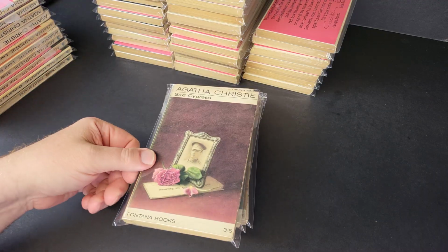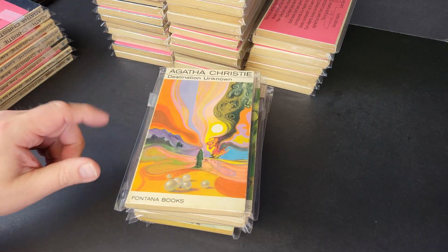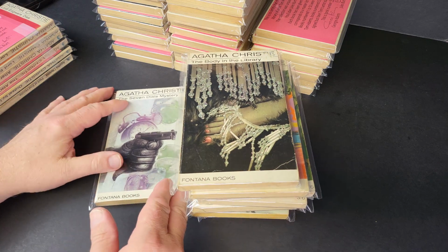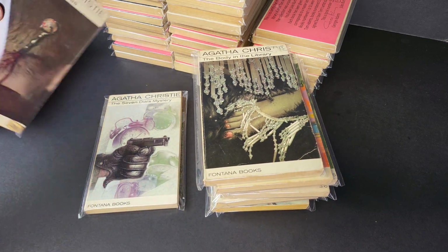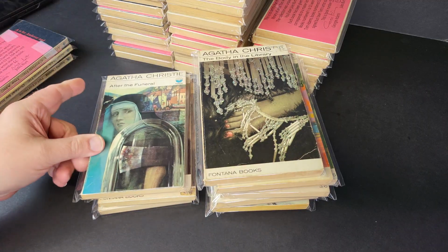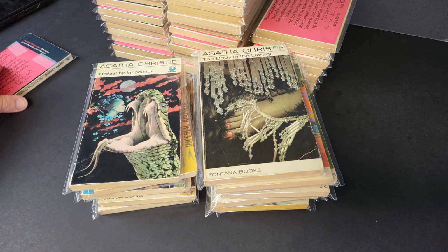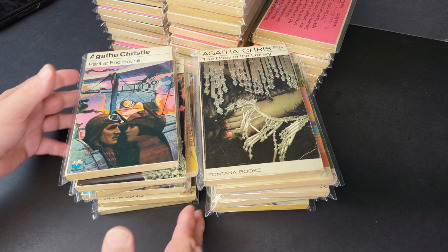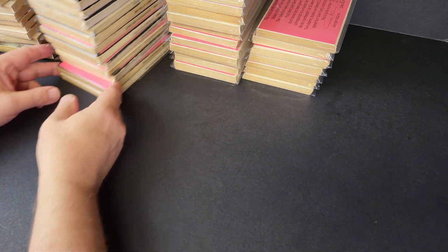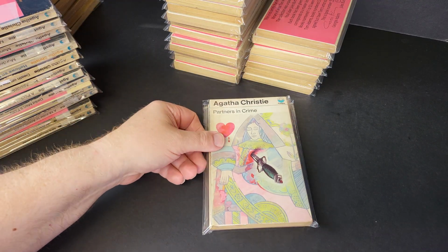57, 58, 59, and 60. Favourite of mine, that one. 61, 62, 63, 64, 65, 66, 67, and 68. 69 and 70,